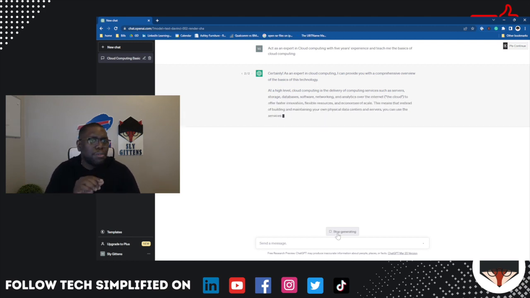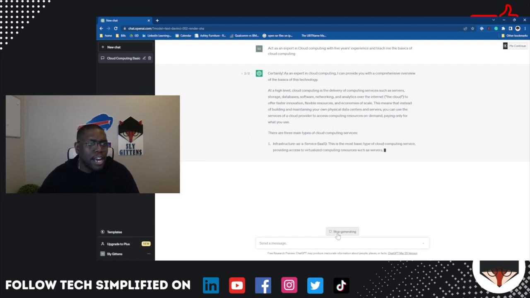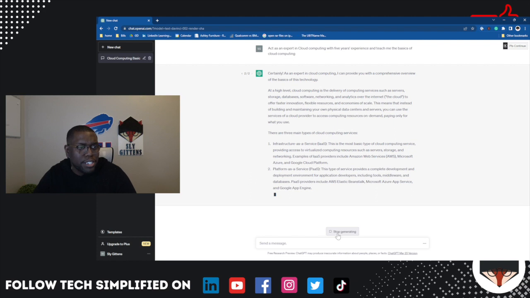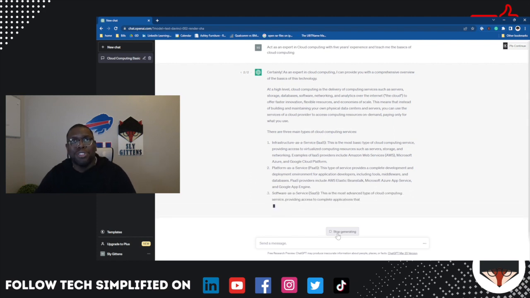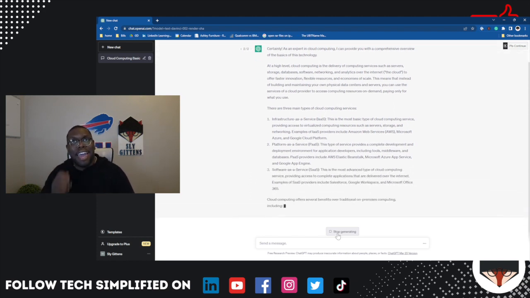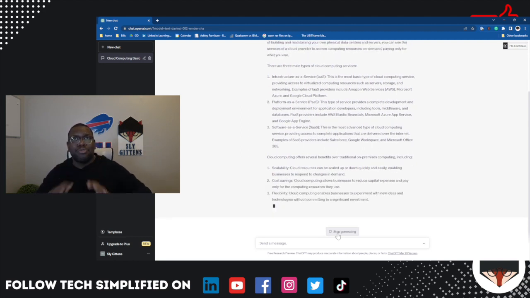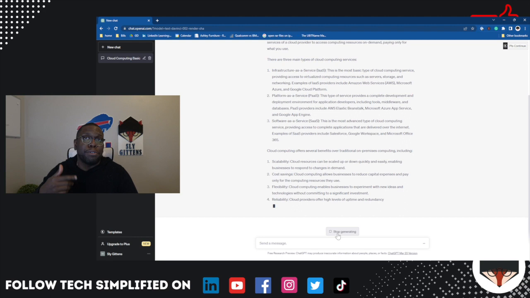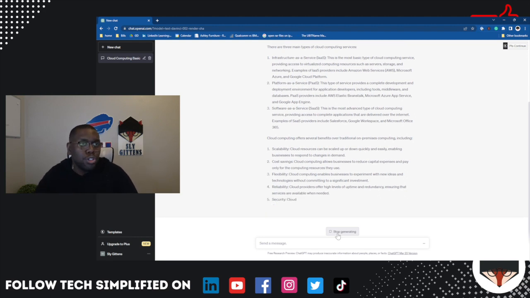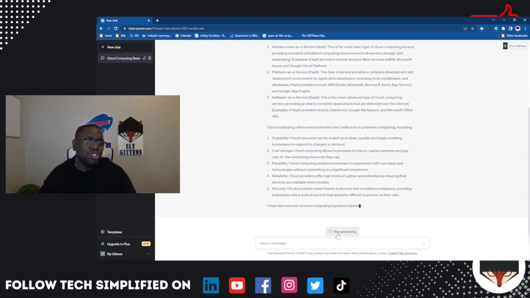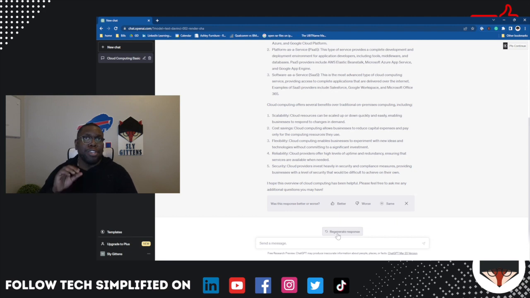It goes into a little bit more detail up front already. It's still going over the cloud computing services, but it's giving us a little bit more information, some more clarity on there. This is why I love the act as prompt, because it gives you that really great information. We could get it deeper. I just wanted to introduce you to it, and I'm going to do some other videos where I go deeper into it and how you can get even more and build different learning plans. And it's pretty cool. So you saw that here.